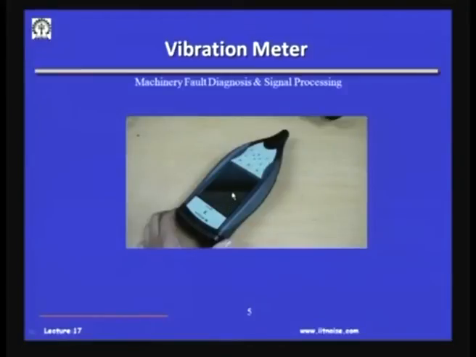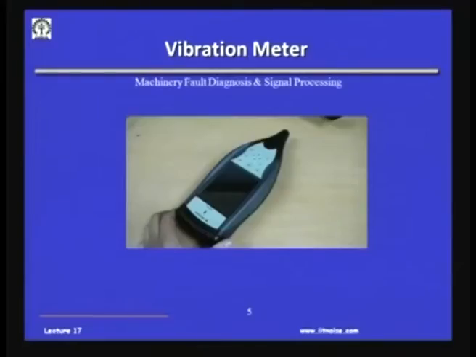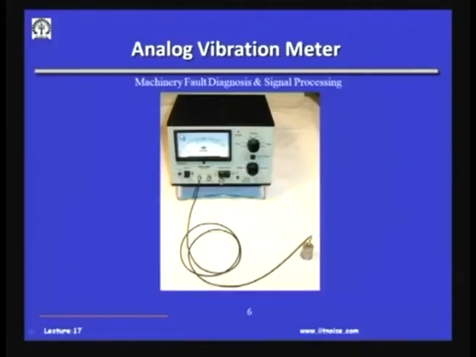Once we have digital, we will get the velocity and displacement very easily just by dividing by omega square and omega. But in those days, when computer aided data acquisition was not available, people were using electronic integrators to obtain the displacement and velocity from the measured acceleration. Okay. And then you had an analog readout. So, this is kind of very obsolete, but this was a very popular equipment of a particular manufacturer.